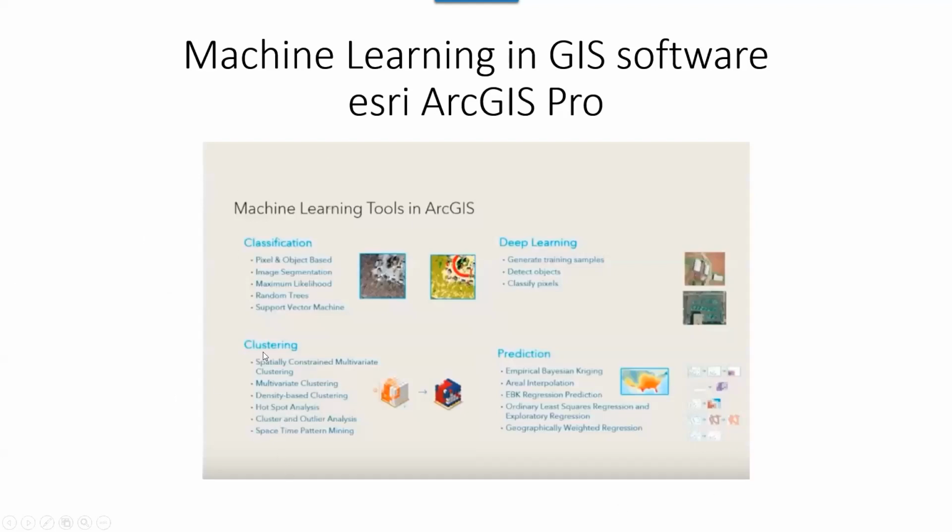They can be classified into 4 subgroups. In classification, we have random forest, random trees, support vector machine. In clustering, we have density-based, space-time pattern. In deep learning, we need Image Analyst, which is a separate extension developed by Esri, so we can generate training samples and detect objects or classify pixels using